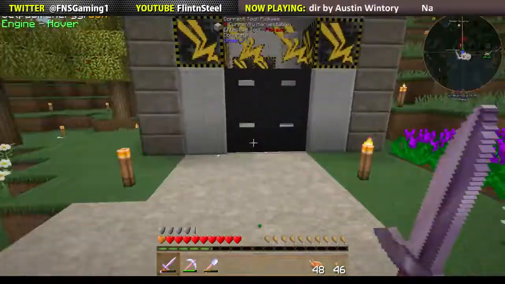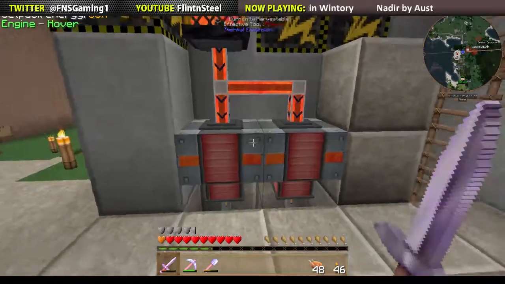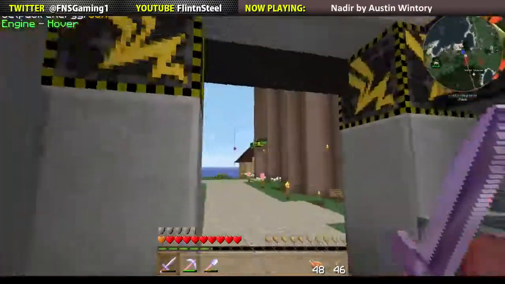This is the original power shed that I built for spawn. This is where the other end of that ender tank goes and powers these two dynamos, which then charges this thing, which then